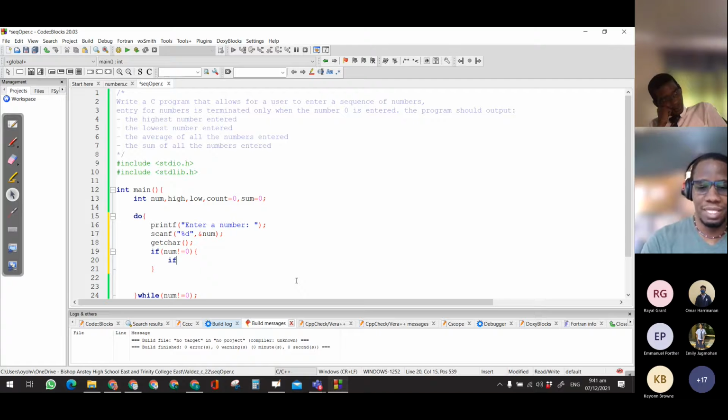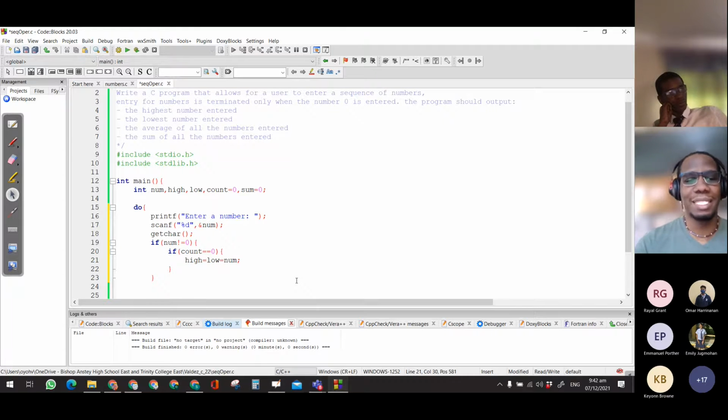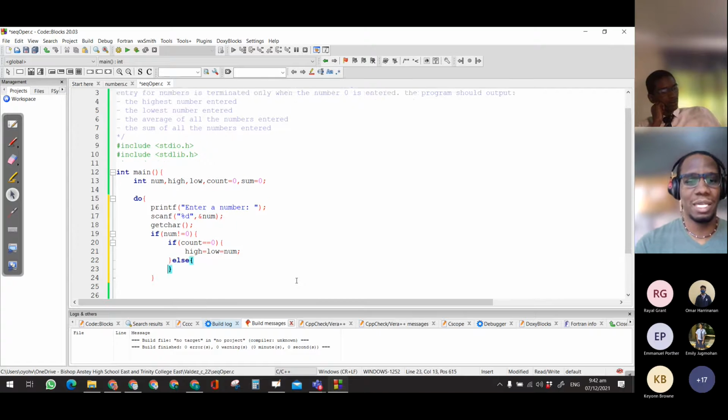Well, if count is equal to 0. If count is equal to 0 at this point, what do we want to do? We want to say high is equal to low is equal to none. So store the number as the highest and lowest number. If it is not 0, which means that